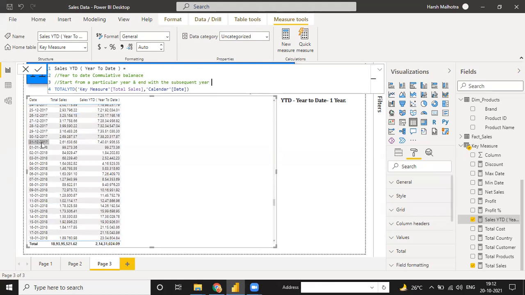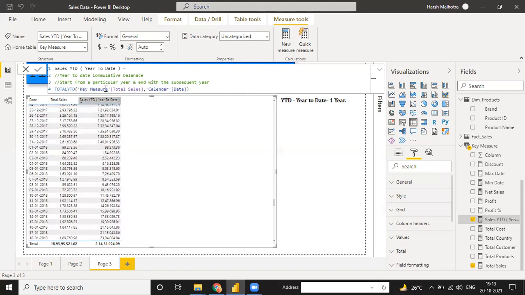In 2017, on 31st December 2017, you see the balance 261,638. When you add all this, the last balance you have is 748,195.56. But in the next year, your data will start from the first day of the year.